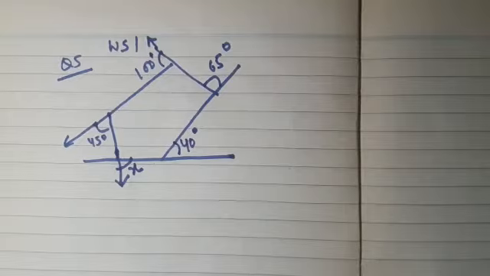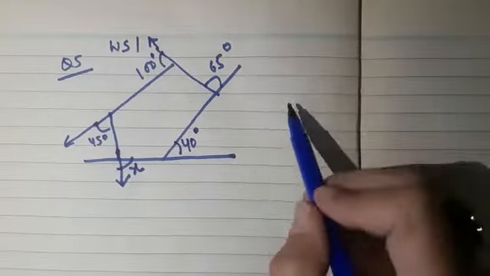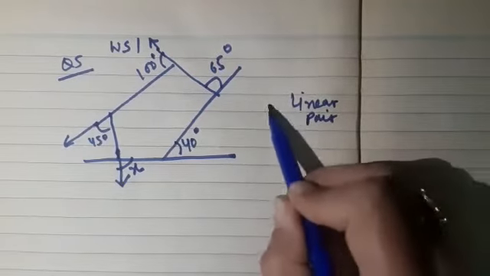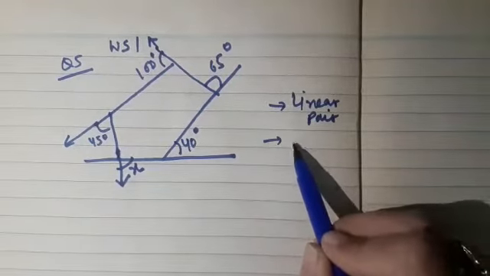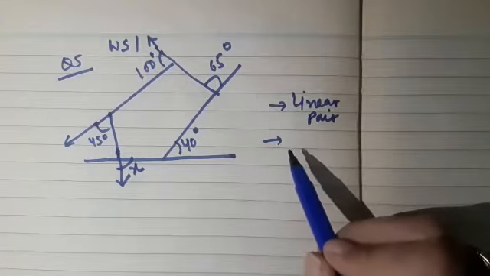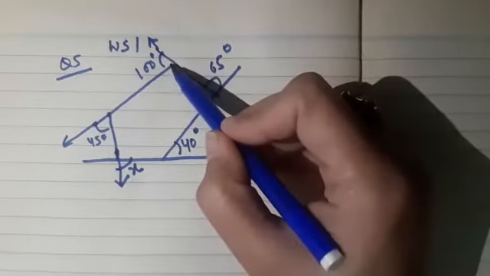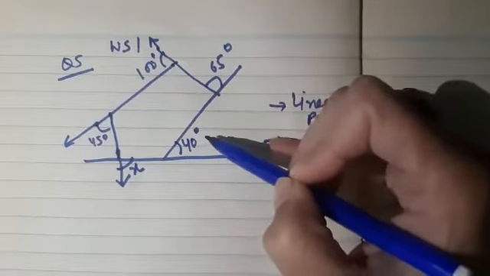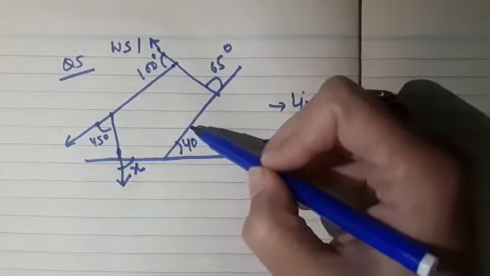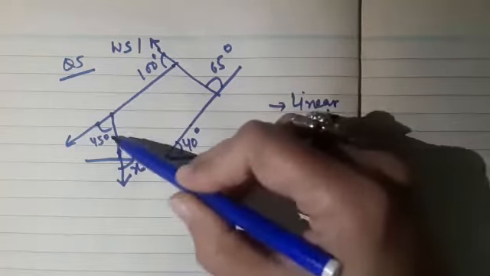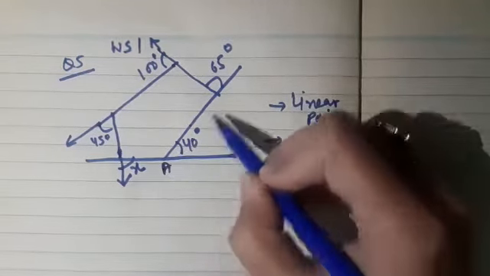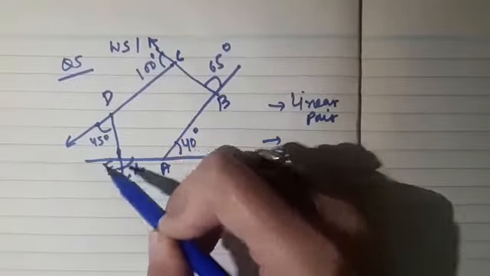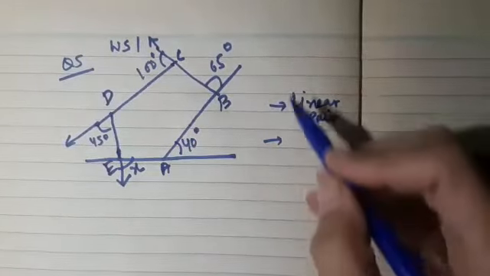So we will be using the concept of linear pair here, and then we will be using the angle sum property of a given polygon. So first of all, see which type of polygon this is. This is an irregular polygon, and how many sides are there? 1, 2, 3, 4, 5. So let us name this polygon ABCDE. So this is a pentagon.